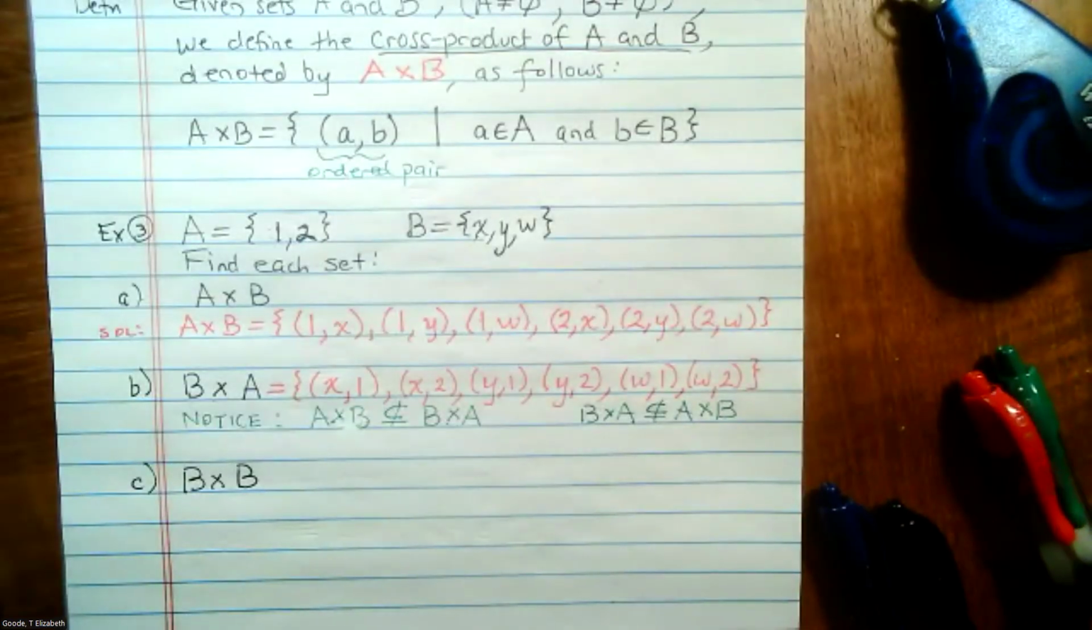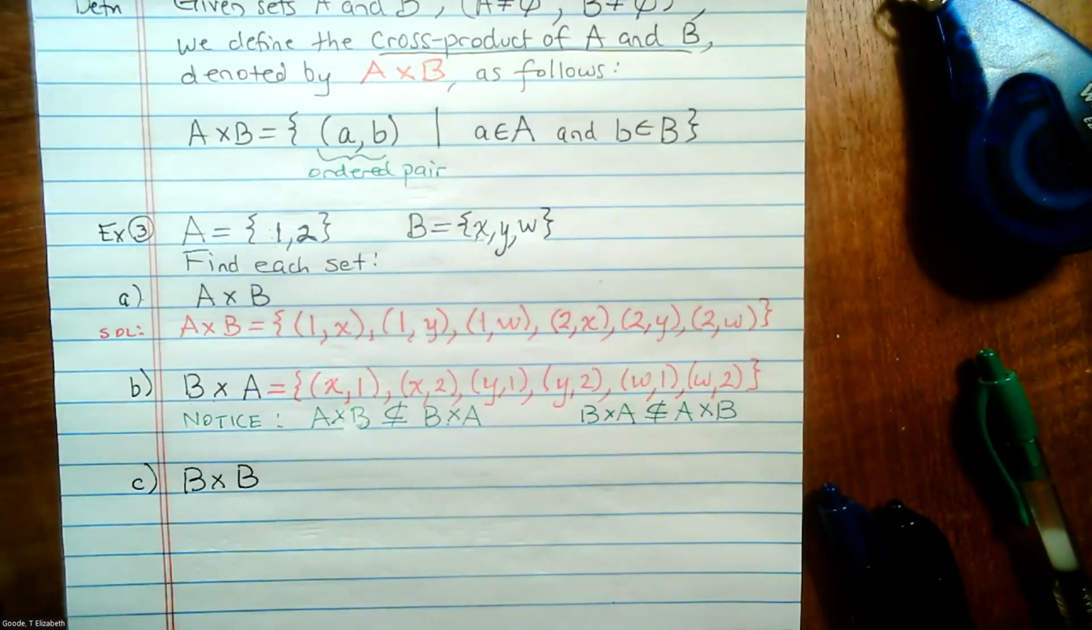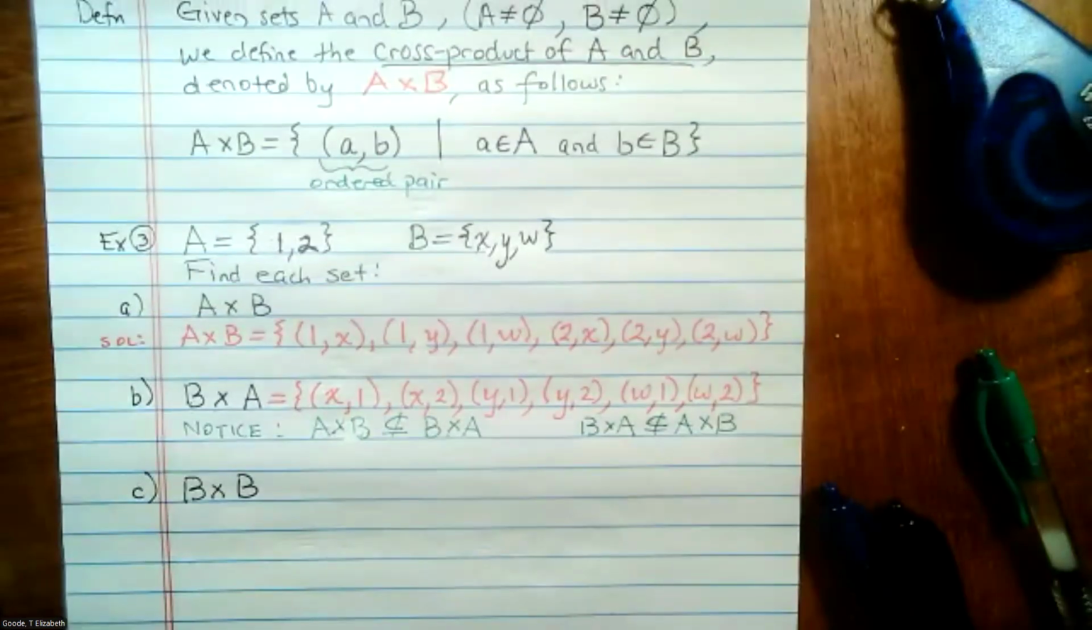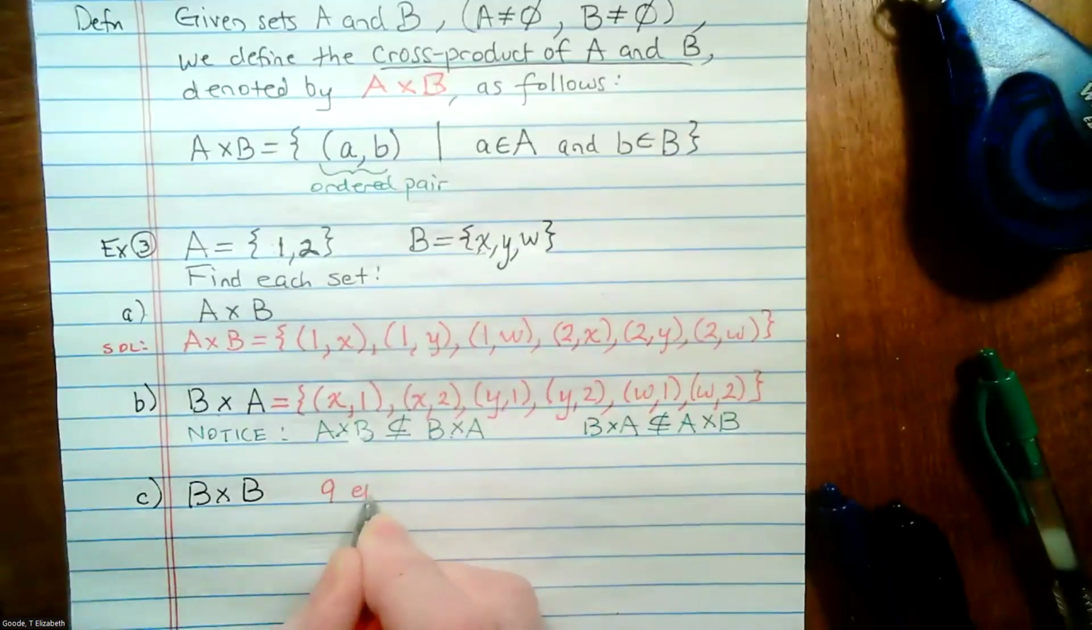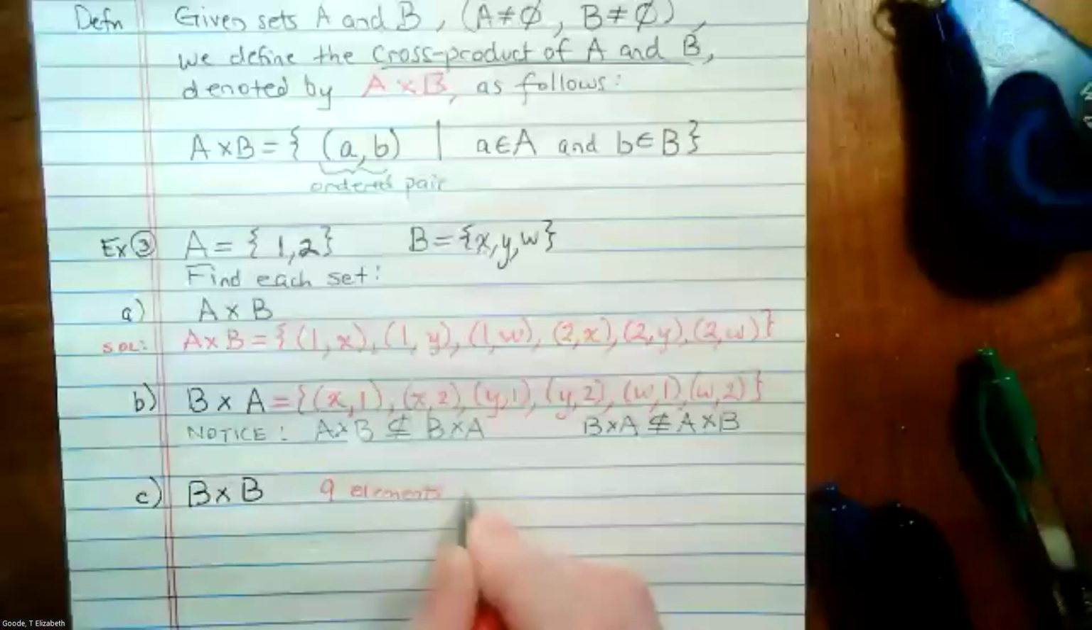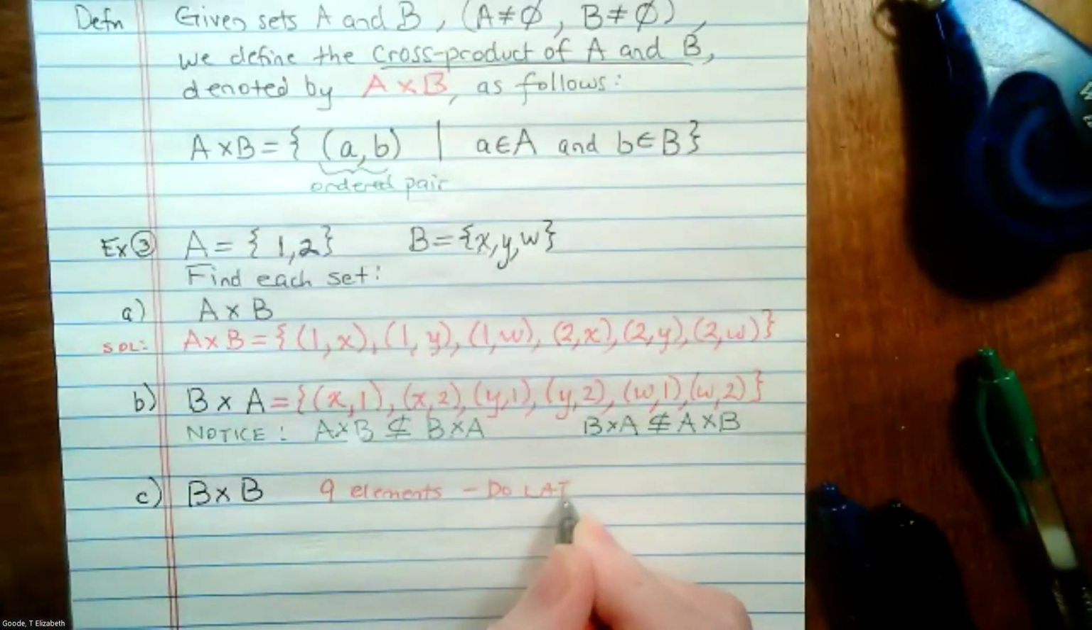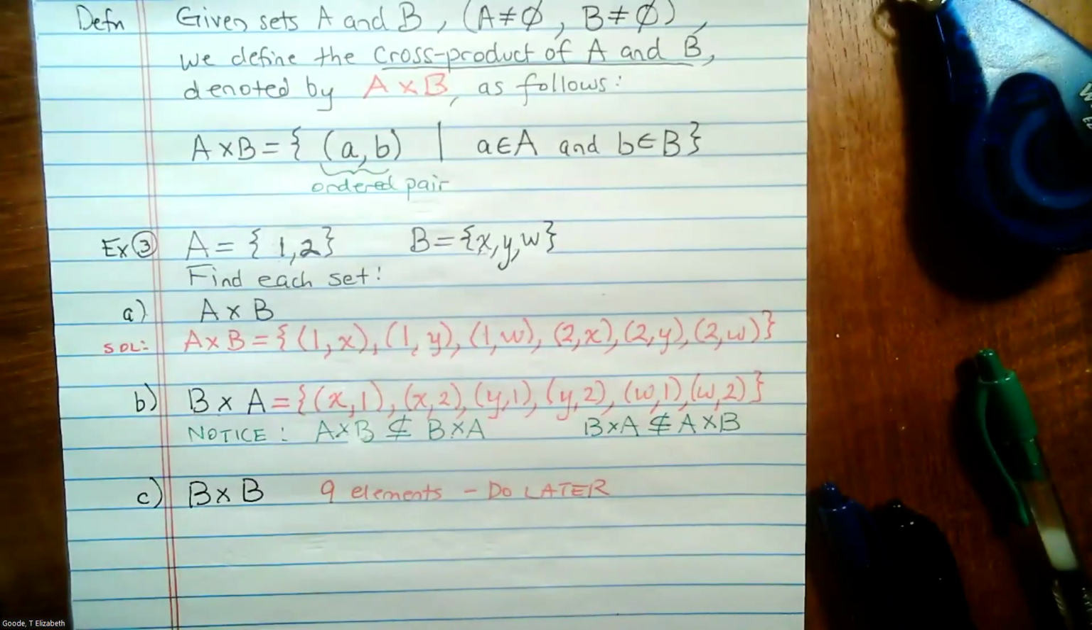How many elements would be in B cross B? 9? Yep, and I'm going to leave that for you to do later, okay? All right, now that we understand the cross product and we understand